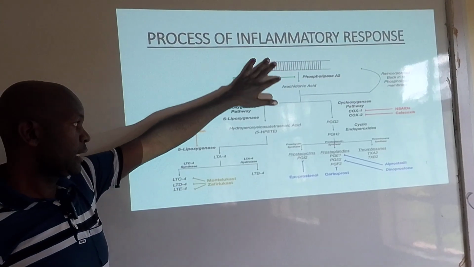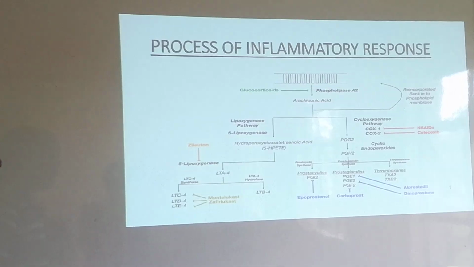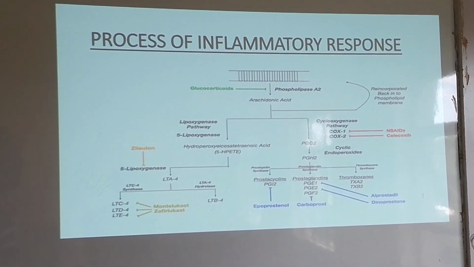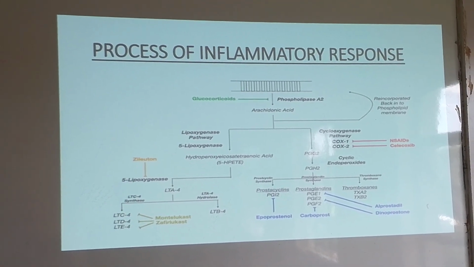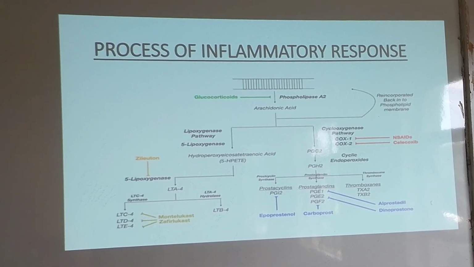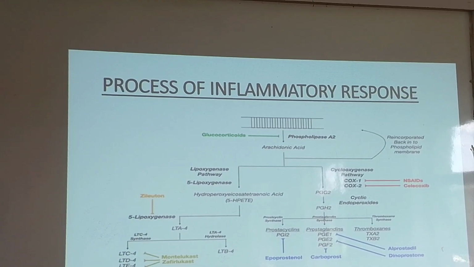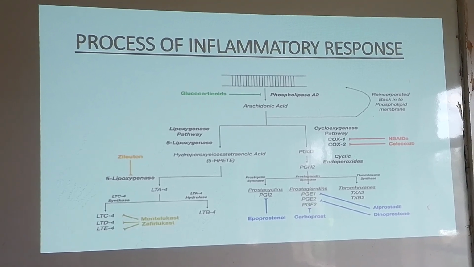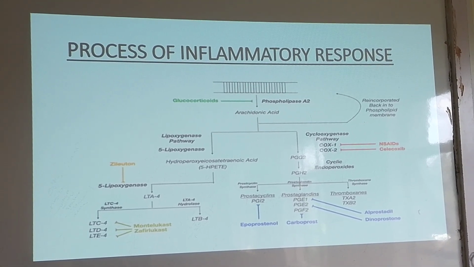So what you are seeing here, the whole of this diagram is an illustration of the events that happen in the body leading to inflammation, pain, and fever. So what you see up here is a representation of the cell membrane. In the body, we have cells and tissues. So when there is an injury to the cells,